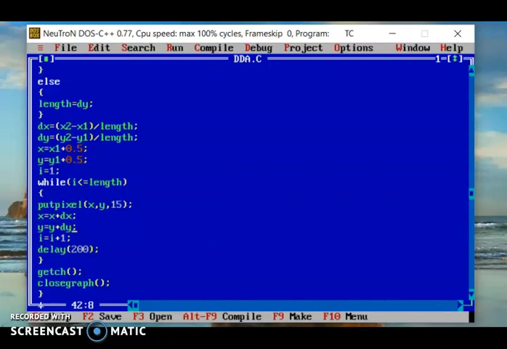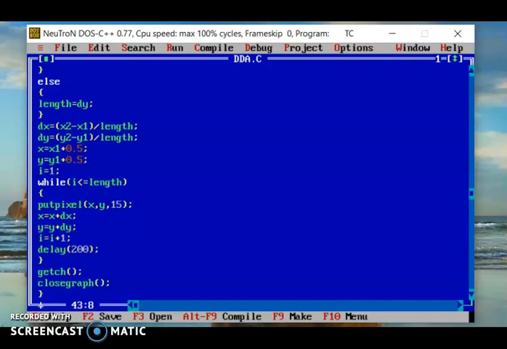Then the y coordinate will be found by y equals y plus delta y. Delta y we have calculated previously.